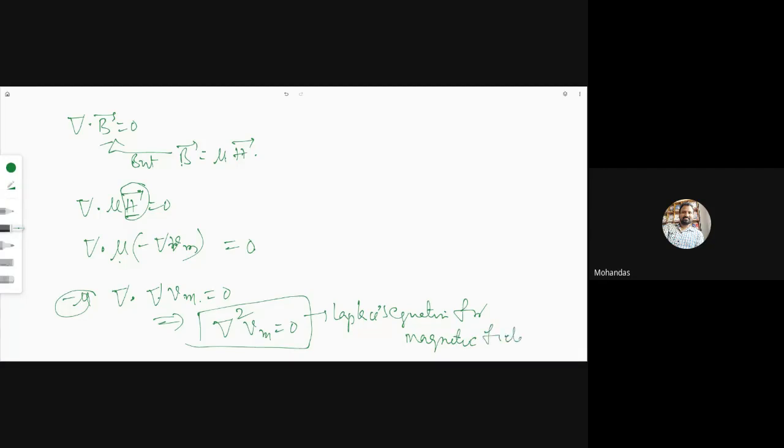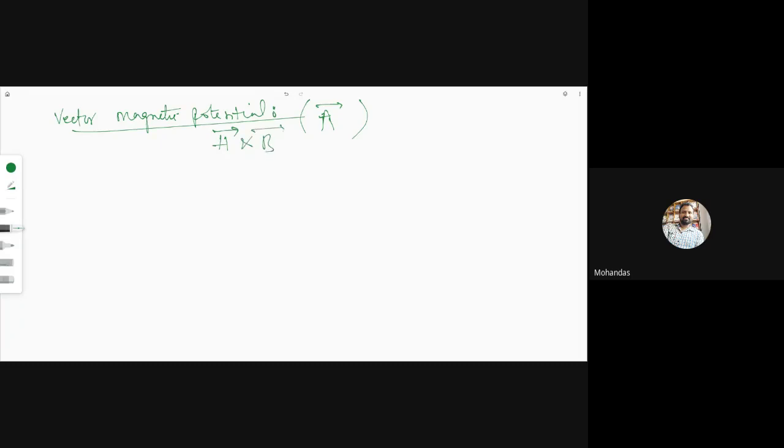What is the Laplace equation for an electrostatic field? Del square V equal to 0. This is the Laplacian equation. In the magnetostatic field, the Laplacian equation is del square Vm equal to 0. Okay, so this is the Laplacian equation for magnetic fields. Next, as this magnetic scalar potential has a limitation, J equal to 0,